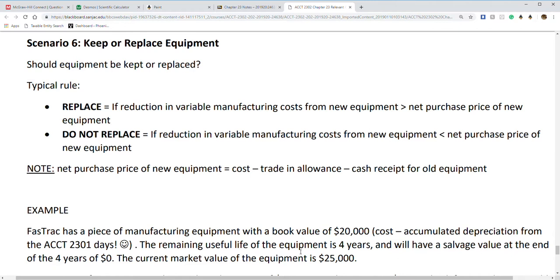so typical rule, we should replace if the reduction in variable manufacturing costs from new equipment is greater than the net purchase price of new equipment. We do not replace if the reduction in variable manufacturing costs from new equipment is less than the net purchase price of new equipment. So, net purchase price of new equipment, again, will equal cost minus trade-in allowance minus cash receipt for old equipment, or